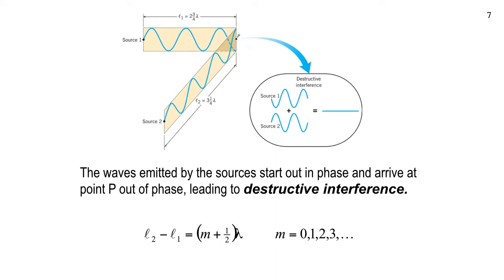You know, if you're looking down over here, where this caption is, it's closer to source 1, or it's closer to source 2 than source 1. So you'd look at L2 minus L1, or L1 minus L2 over here. But anyways, no matter what, if you get this exact kind of distance difference at your point, then you have flat water, or what we call destructive interference. And that applies for the electric field and magnetic field too. All right, so it's easier for us to visualize this as describing the electric field.